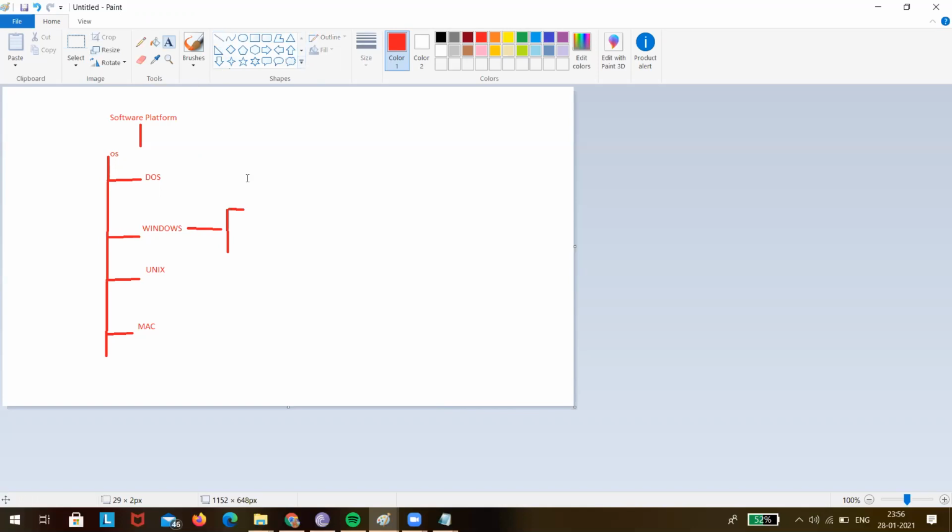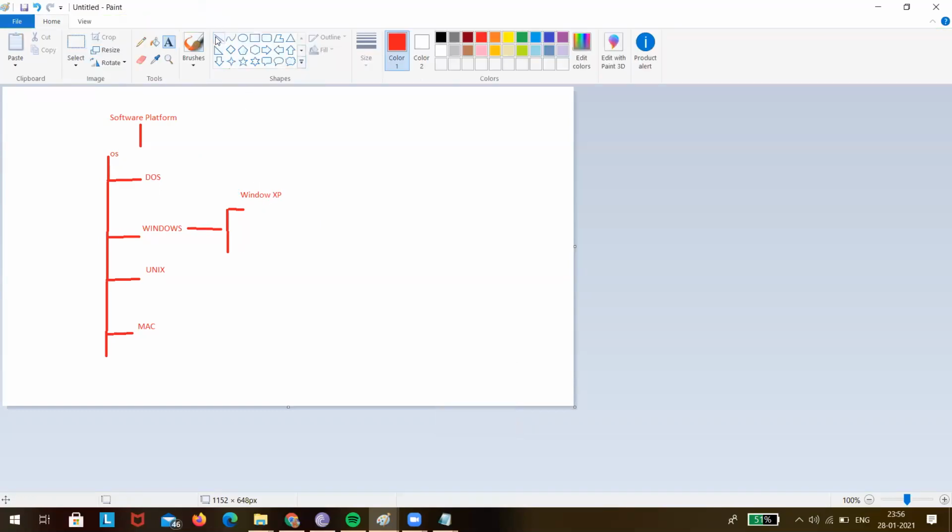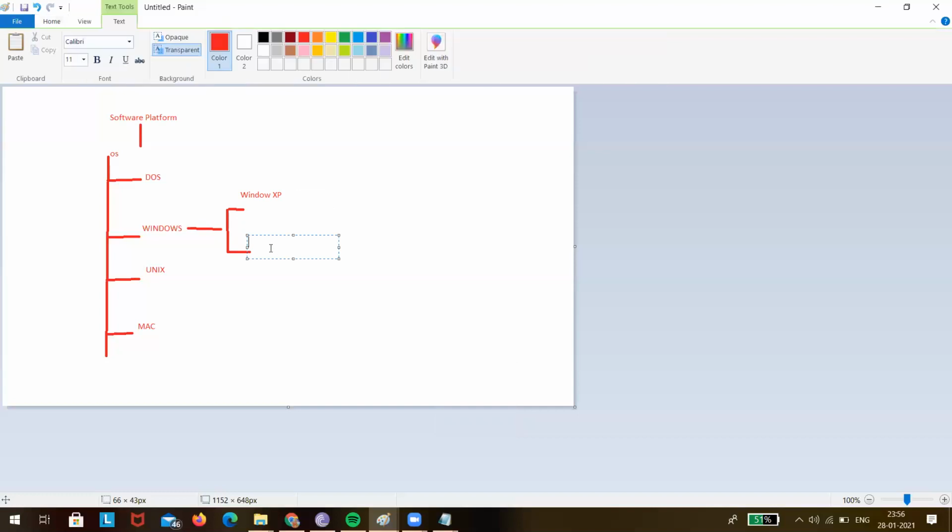There is Windows XP. Then there's Windows 10.